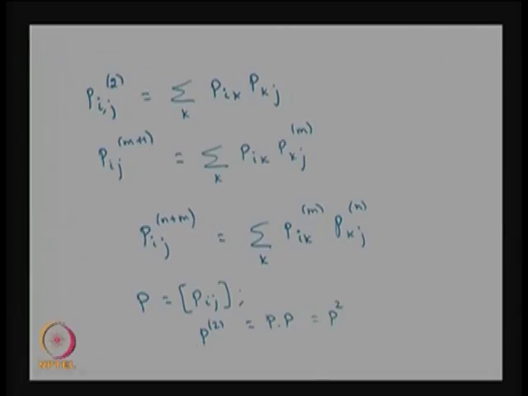So, the left hand side P superscript within bracket 2 means it is the two step transition probability matrix, and the right hand side P square is the square of the P matrix,